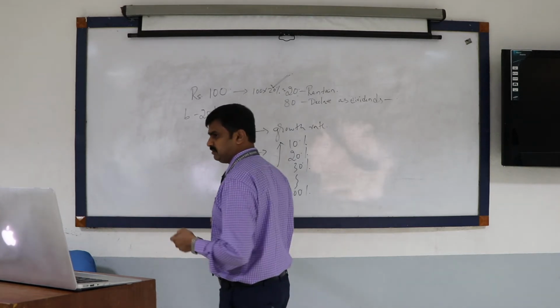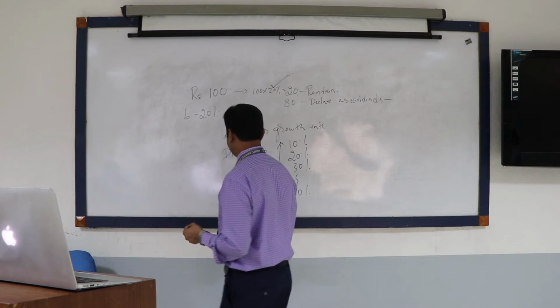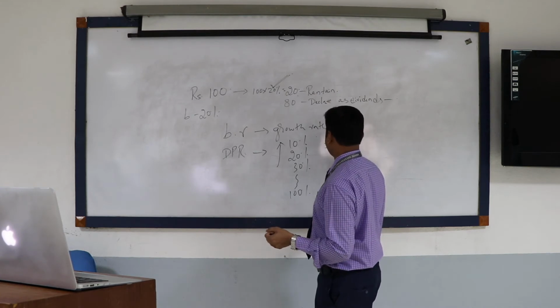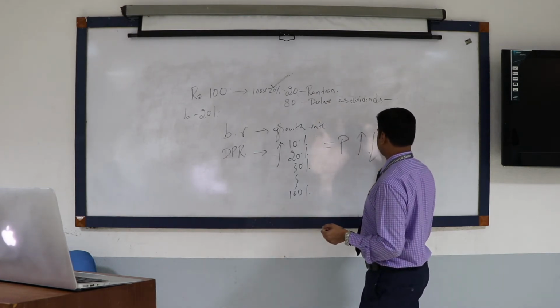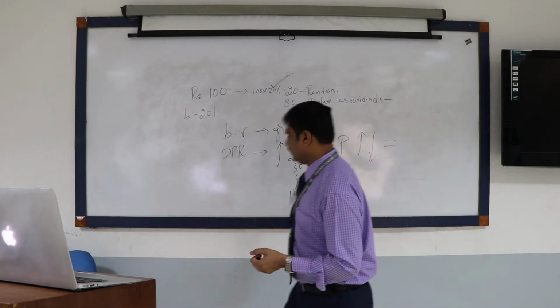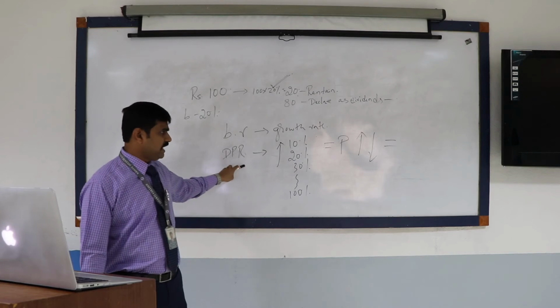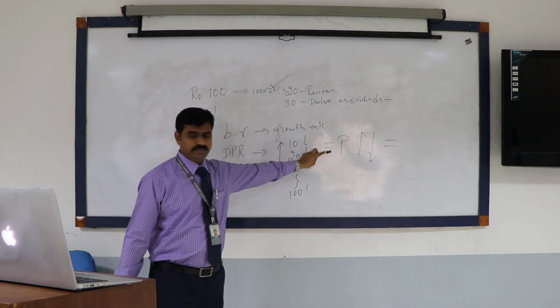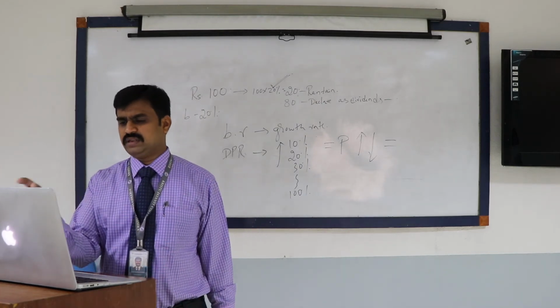So what will happen to my dividend payout ratio? That is your DPR. When my DPR is increasing, what will happen to the P? Whether P will increase or decrease or no change. That is what you can see there. So if my DPR keeps on increasing, what will happen to the P? So the main condition is R and K0. These two are the components.